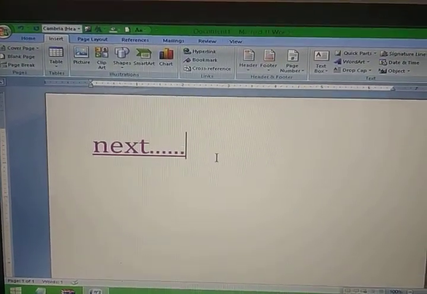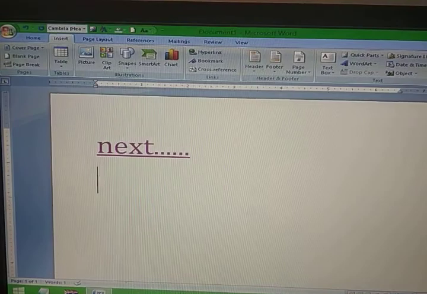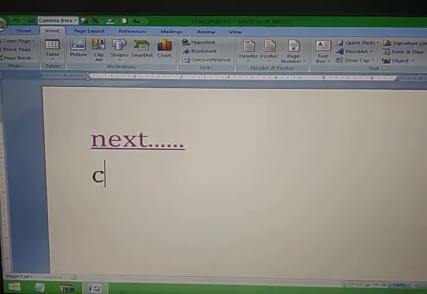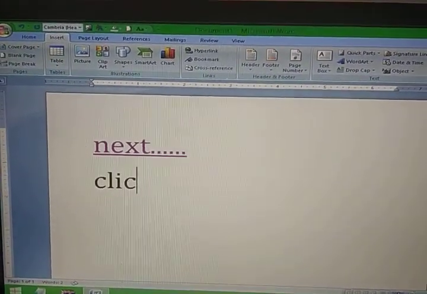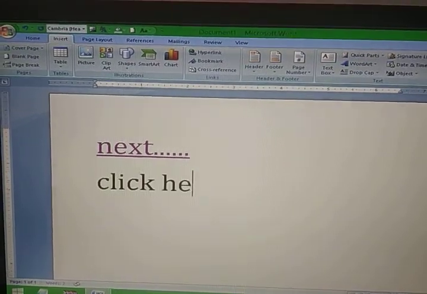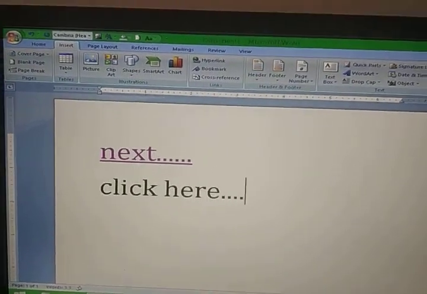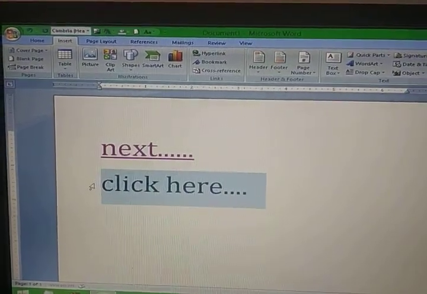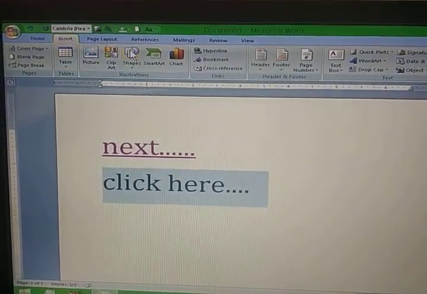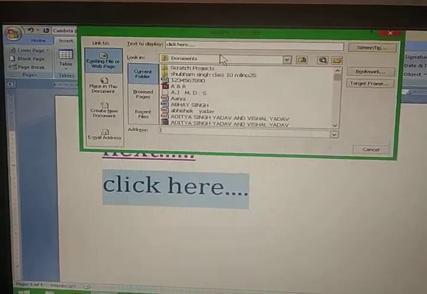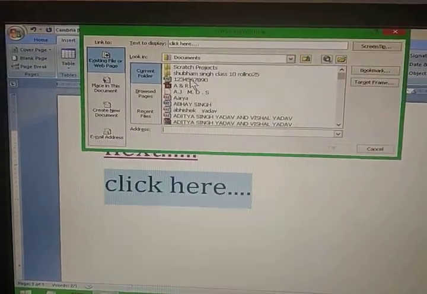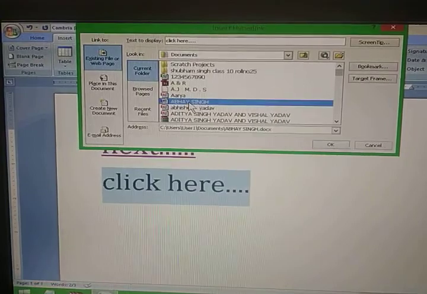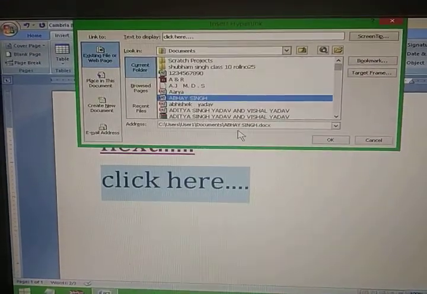Now you can also create another hyperlink, right? Like CLI. Click here. You can also connect another file also. Just you need to select it, go to the insert menu, then click on hyperlink option, select any file, and just connect it. So I have selected this. The address of the file is located here.